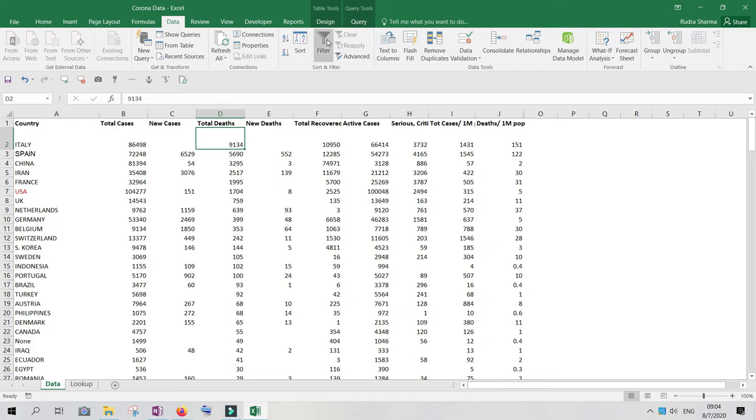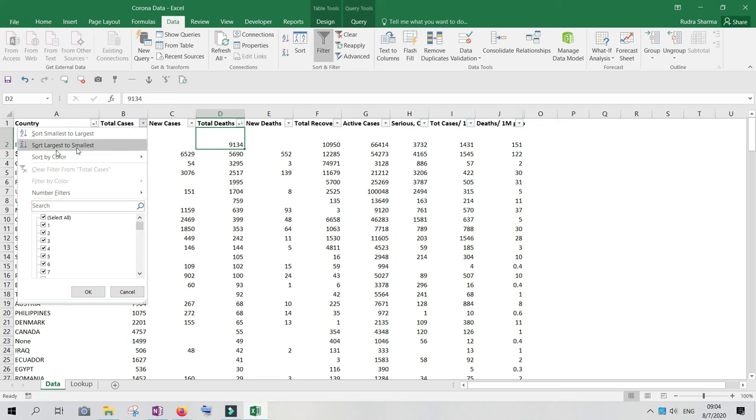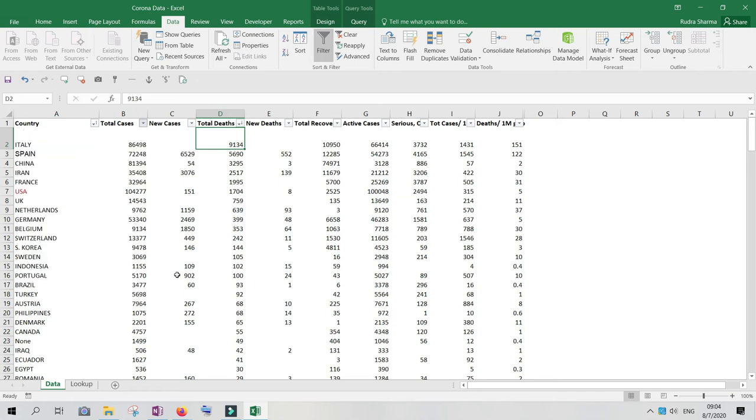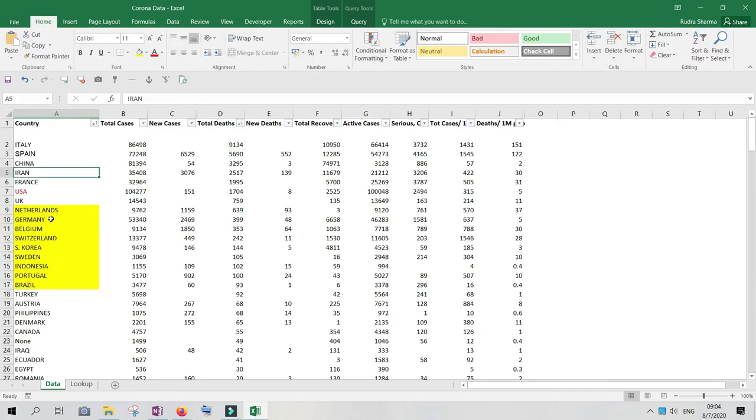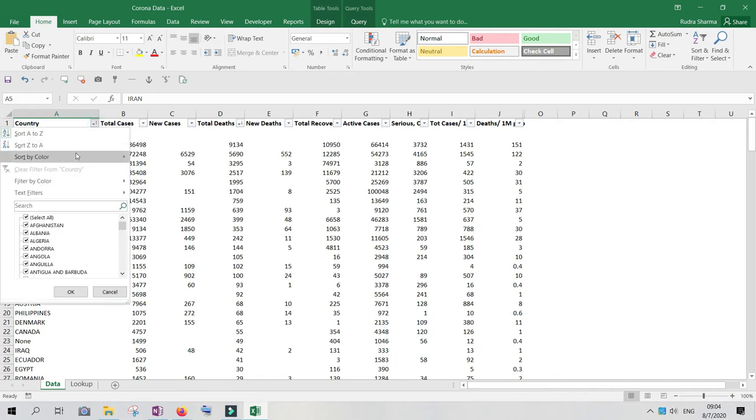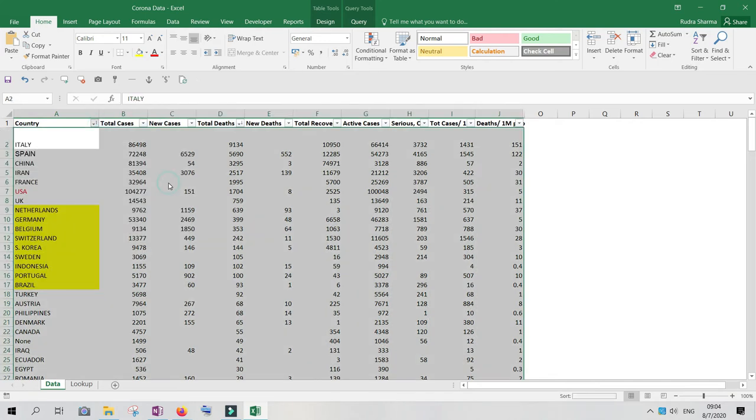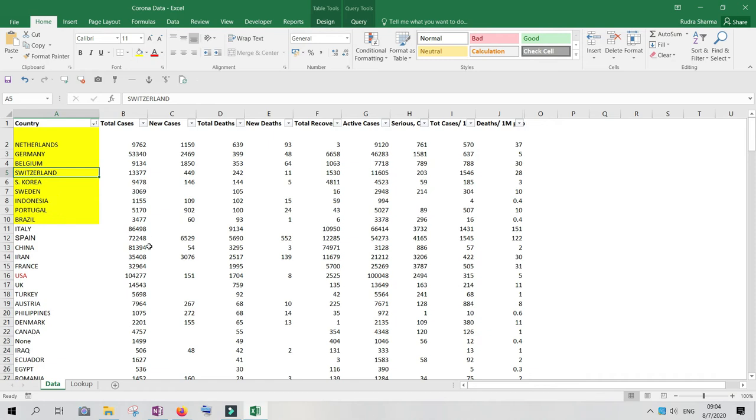I said one more is there, right? You'll get these auto filter drop down options. From here also you can sort smallest to largest and largest to smallest, and you can sort by color also, or custom sort. Say for example, here we have a yellow background. If I want to sort by color, all I have to do is choose Sort by Color and choose yellow. See, all of these are very simple, right?